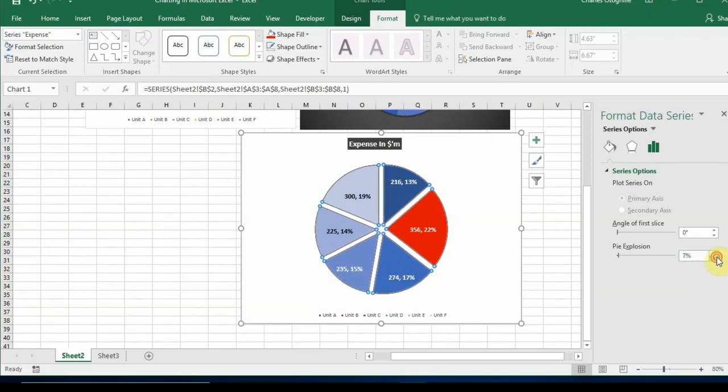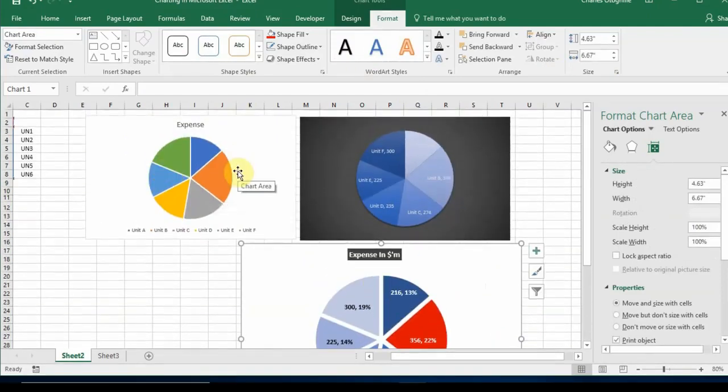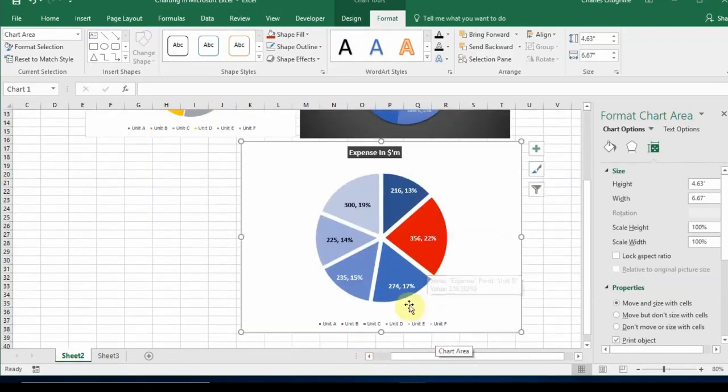Let me just make it a little, let's leave it at 5. And so that is what we have here. So it's looking quite beautiful compared to what we had previously, compared to this. So this is what we have now. And one other thing that we can do is